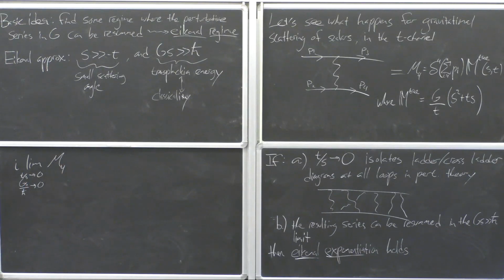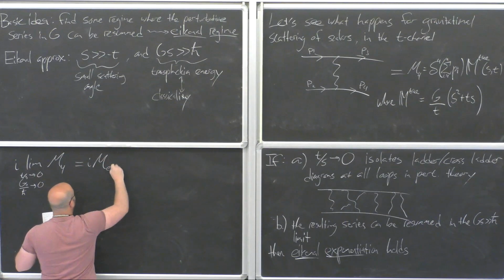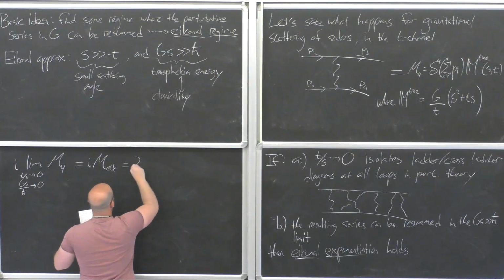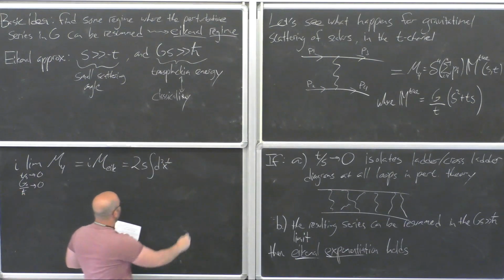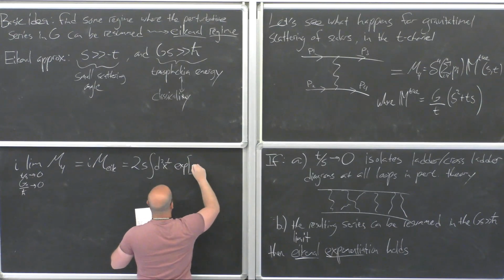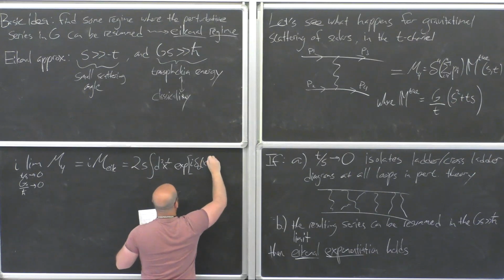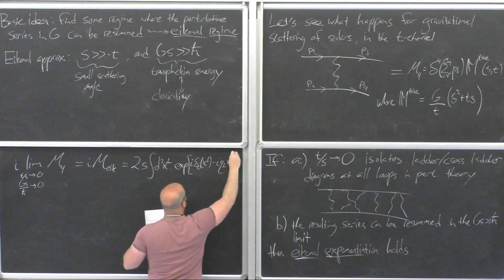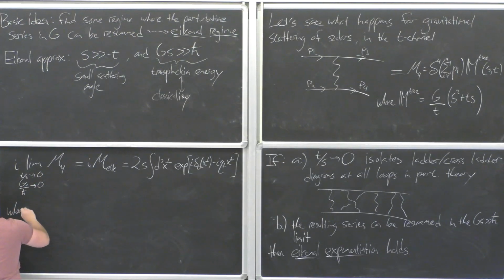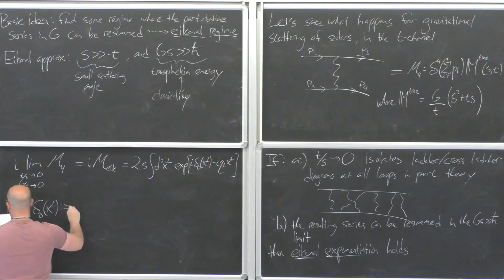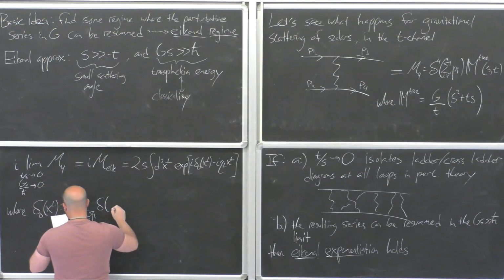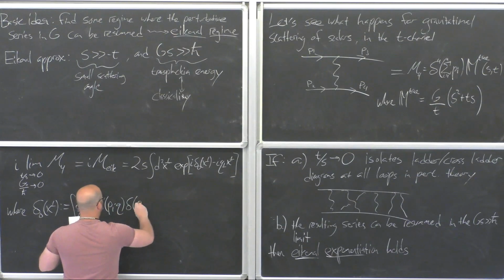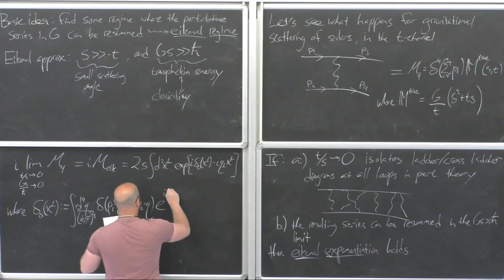The eikonal limit, so small scattering classical limit of my 4-point scattering amplitude in momentum space, this is equal to an eikonal amplitude, which is equal to 2s integral over a 2-dimensional transverse plane times an exponent of i delta 0 x perp minus i q perp x perp, where this delta 0 of x perp is just the Fourier transform of